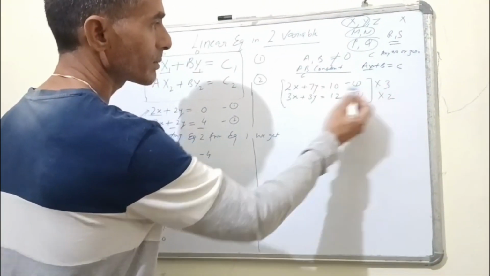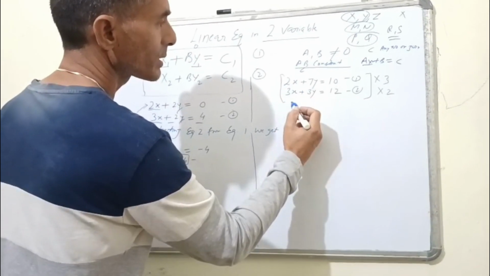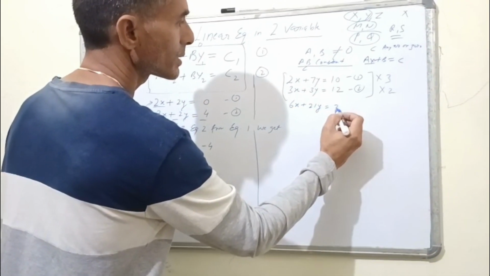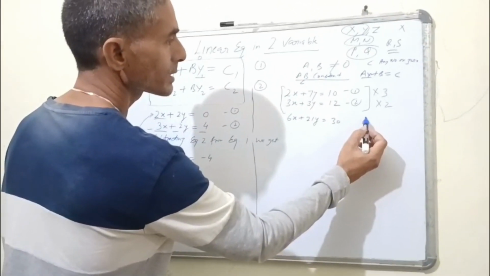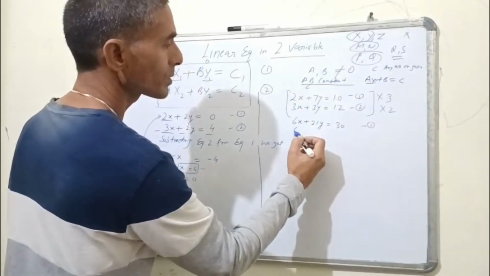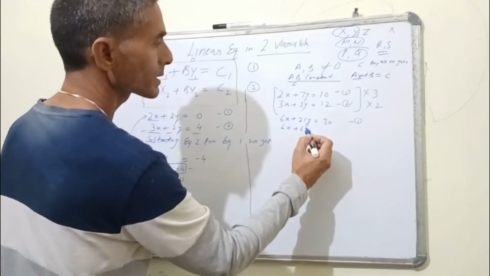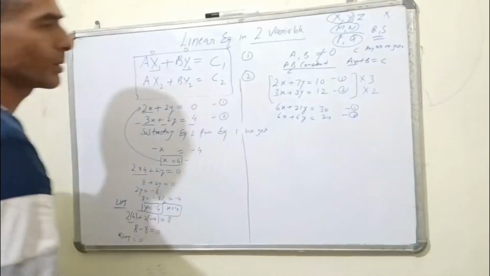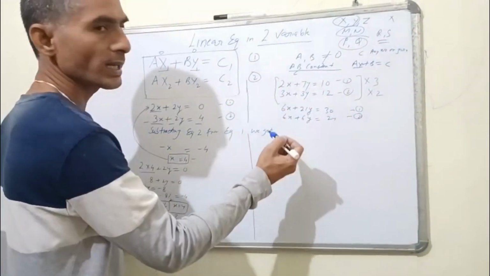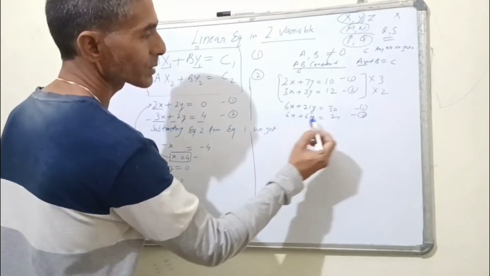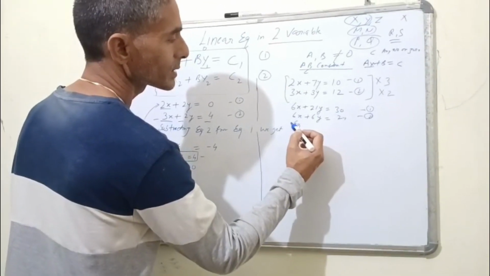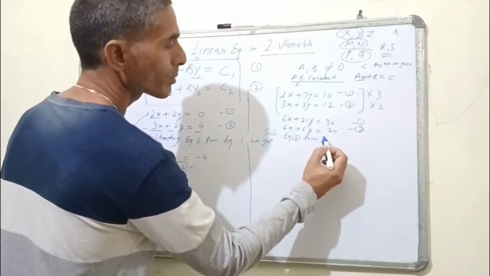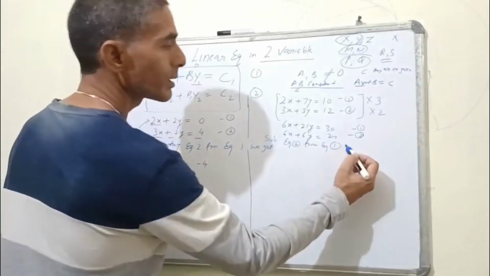If you multiply this equation by 3, so this will become 3 times 2 is 6x plus 21y is equal to 30. Alright. So let's say this is equation 1 now, and 2 will become 2 times 3 is 6x plus 6y is equal to 24, right? Equation number 2. Now we can eliminate x, but for that you need to subtract. So again you will write in an exam that subtracting equation 2 from equation 1, we get